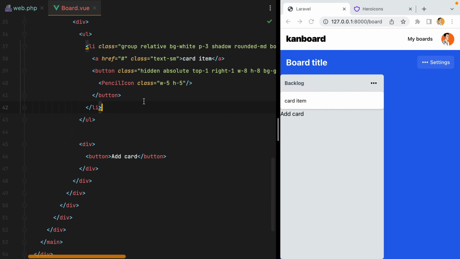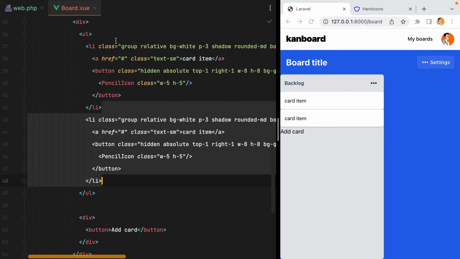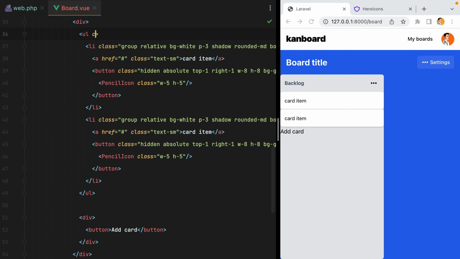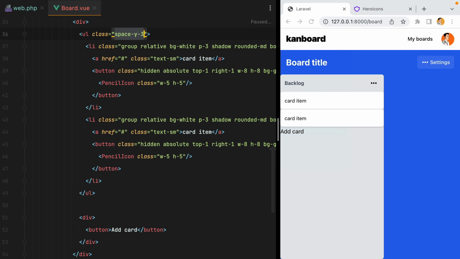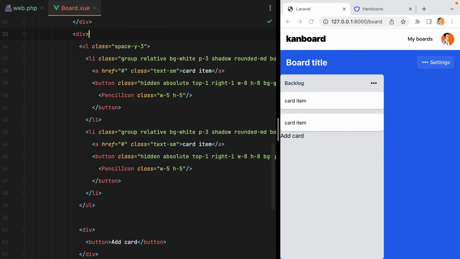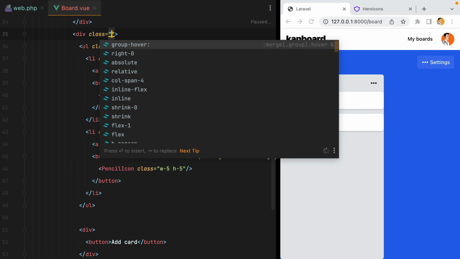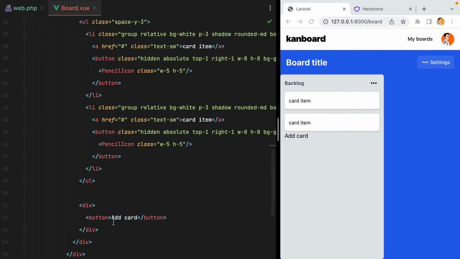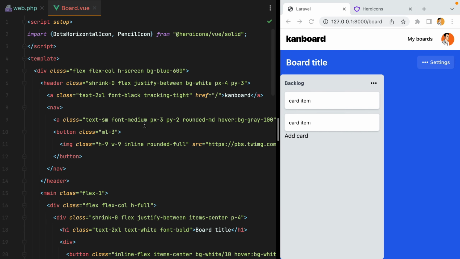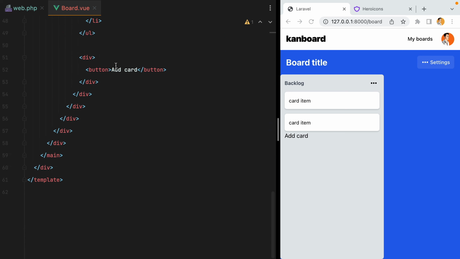Now let's duplicate this card and add some margin between the items. I'll go here and say space-y-3. And let's also add some padding to the parent. We'll do px-3 and pb-3. Moving on, let's style the add card button. But before that, let's import another icon, the plus icon. Grab it. Go here, paste it in,